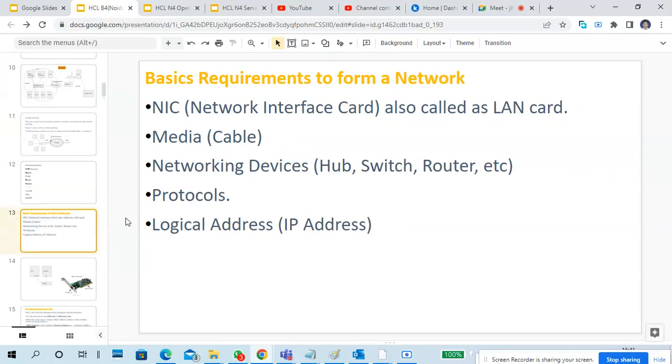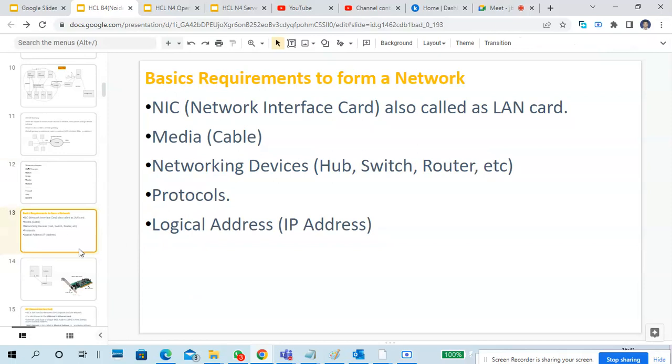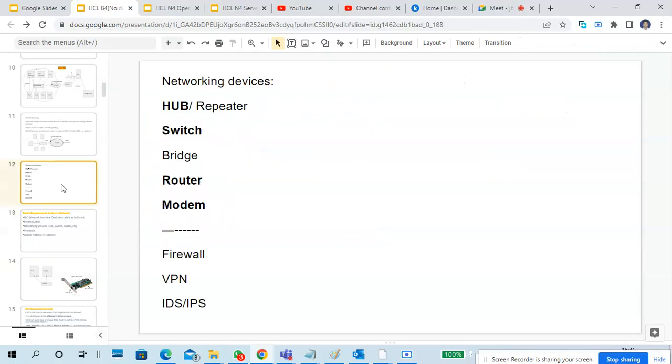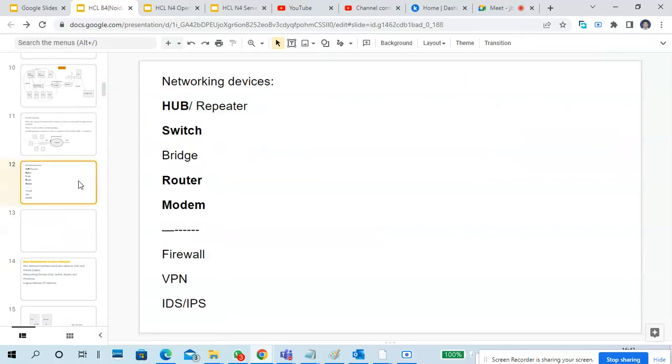I already shared this PPT to your WhatsApp, so better to go through that one. Important things are OSI layers and IP addresses. In the OSI layers, there are protocols and devices. If you want, I will give you one overview part also, very easy, like a revision type.